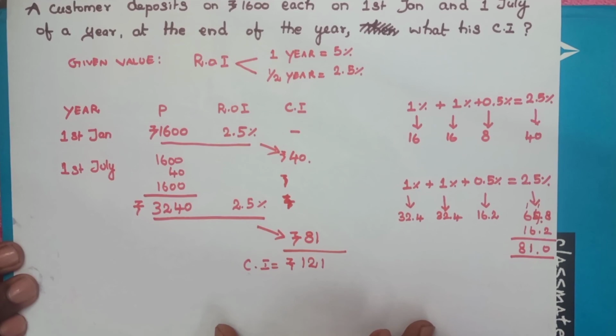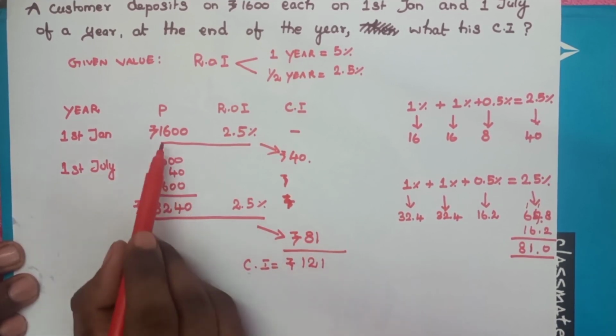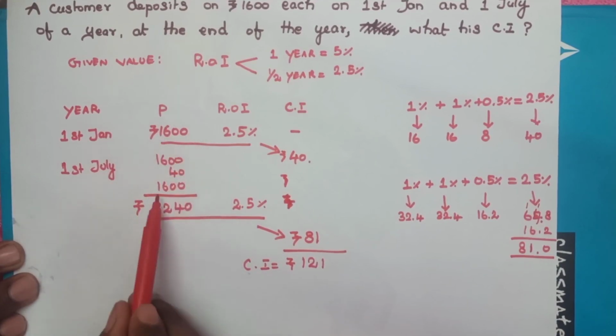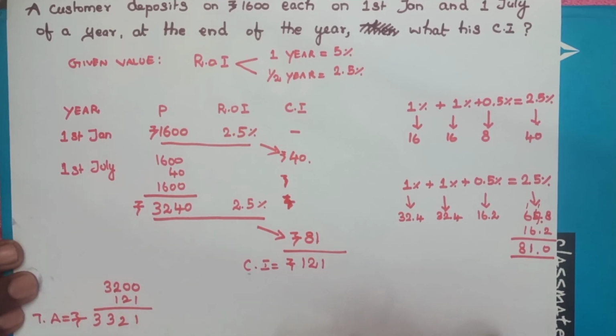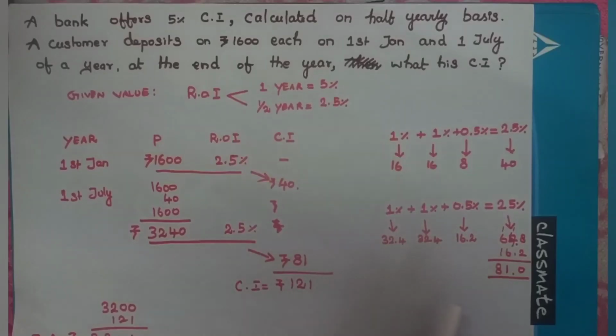And if you want to calculate the total amount, total amount equal to principal plus 121. Your principal is 1,600 and 1,600 again, that is 3,200, right? So, sorry, 3,200 plus 121. So you will get the total amount of 3,321 at the completion of 1 year in compound interest scheme. In this part, we have seen complicated problems using a shortcut method, and let me see on part 3 of this session.